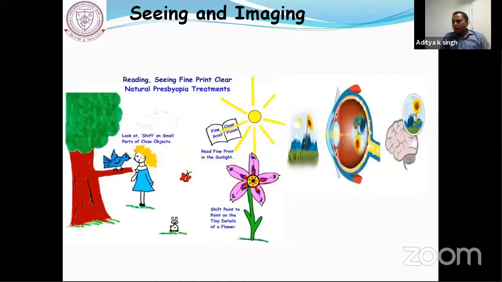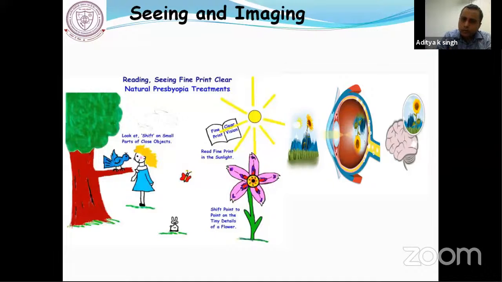Okay. So now I'm posing a question. Is there any difference between seeing and imaging? Why I am posing this question, I will try to explain in the next slide. So when we talk about image formation or seeing any object, we usually consider a lens, and then we consider the diffraction limited imaging condition. Now the question is why we get the diffraction limited condition, and this is connected with the size of the image forming lens.